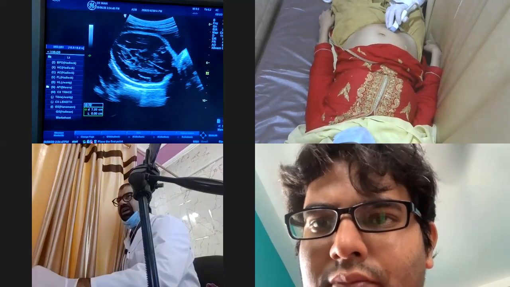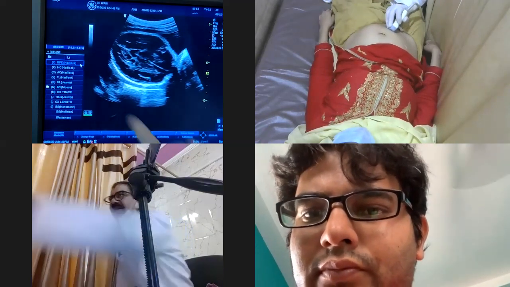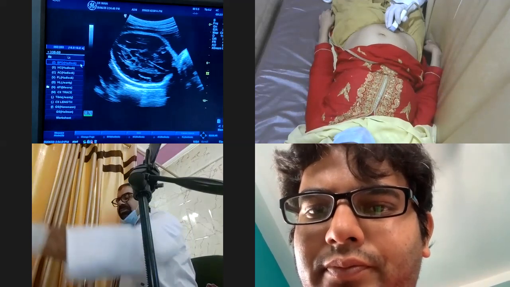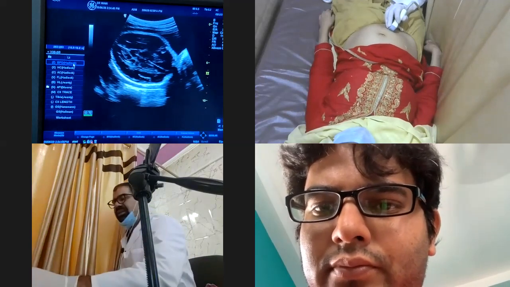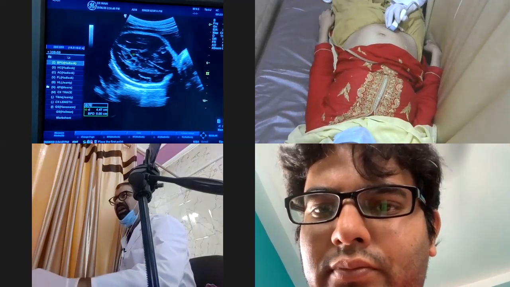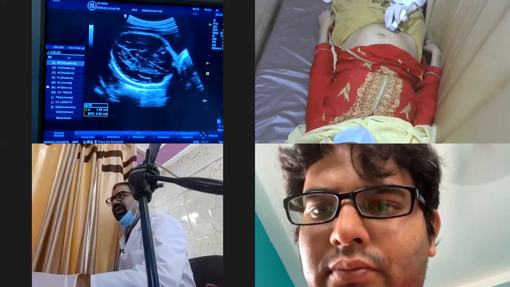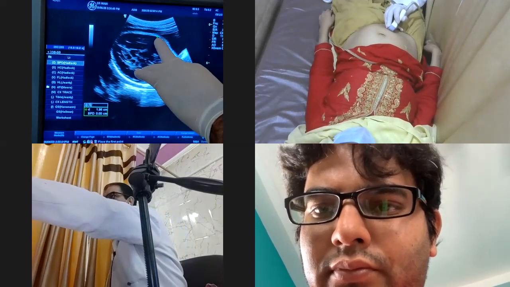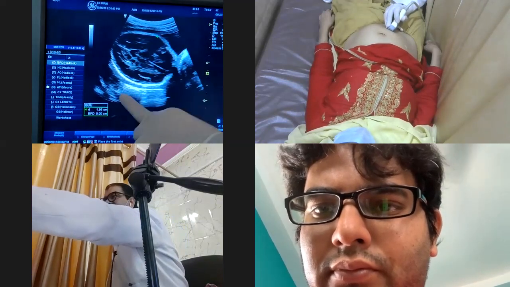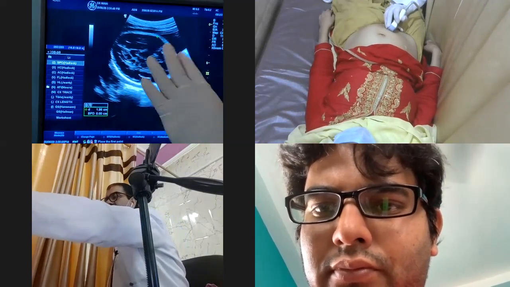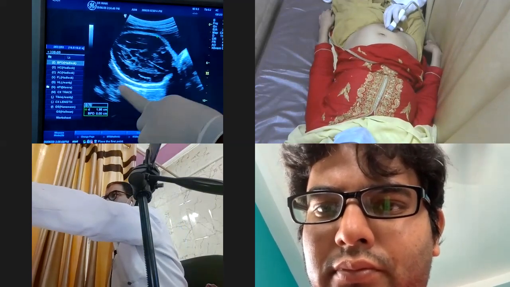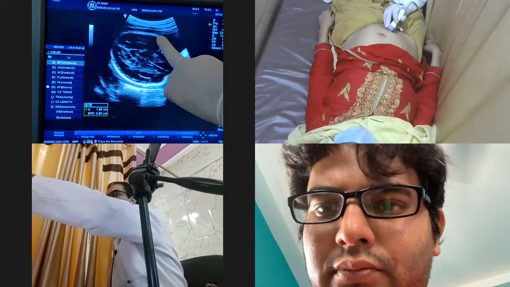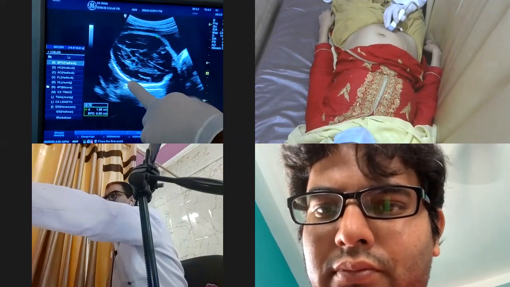Now, taking the cursor onto the BPD, I have first set the appropriate preset. That is why BPD is seen over here. Then setting on the BPD and taking the cursor over here, I have to exclude one bone. So that is what the books are writing, inner to outer.